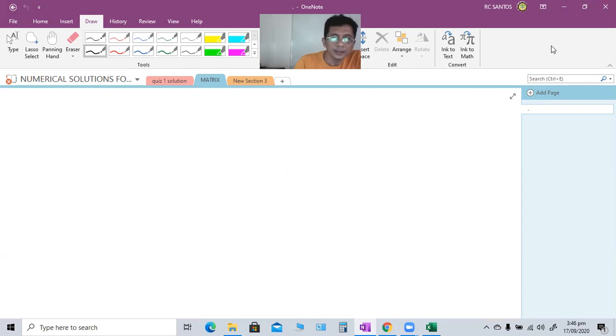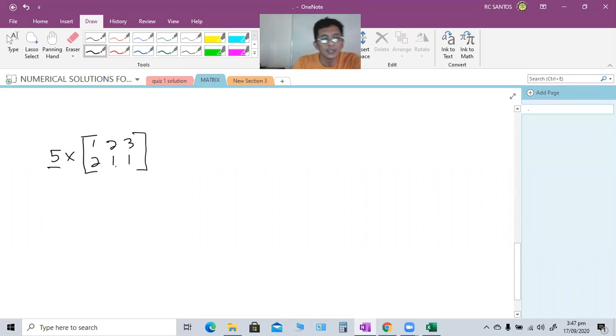The multiplication of matrix, if we have a scalar or a number, for example, if you have a number multiplied by a matrix, 1, 2, 3, 2, 1, 1. All you have to do is to multiply this number, pag number lang yan, this number to all the elements. So this is equal to